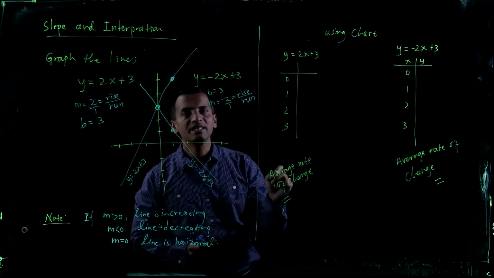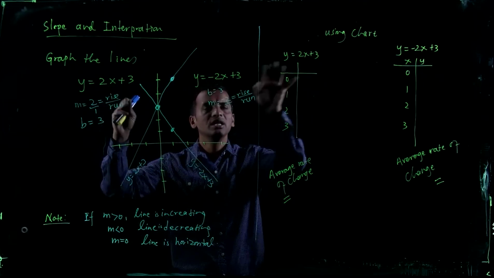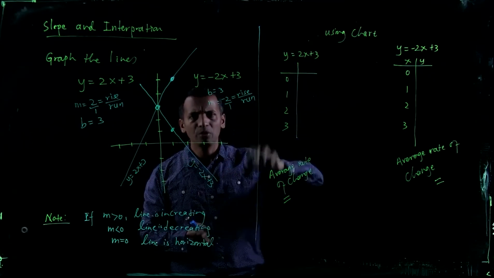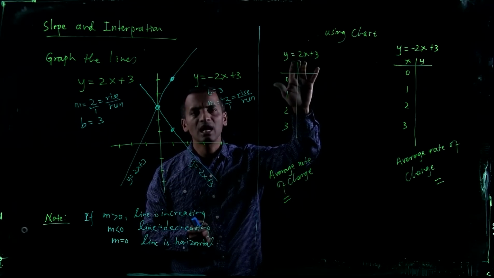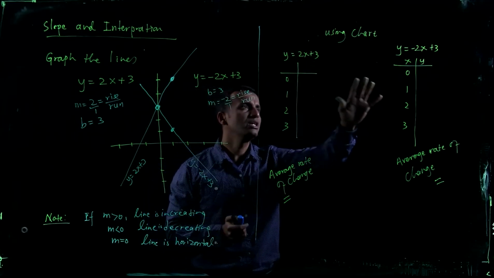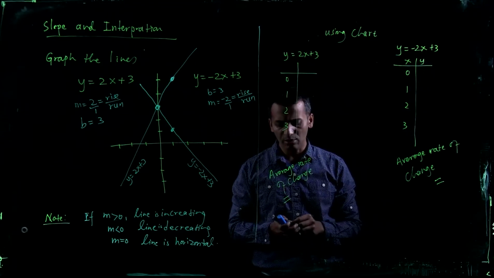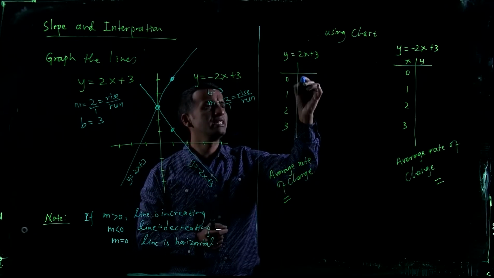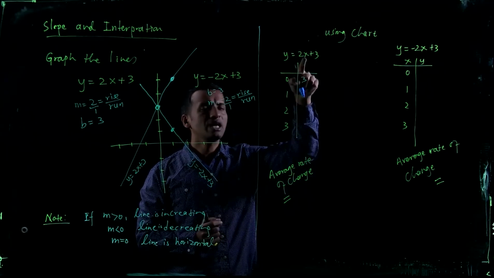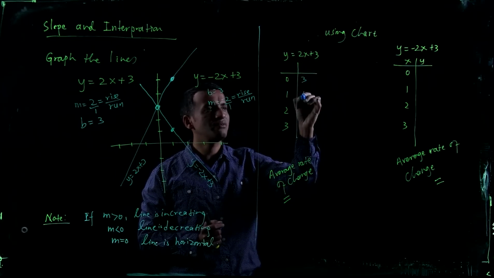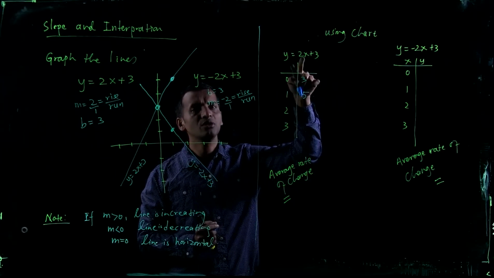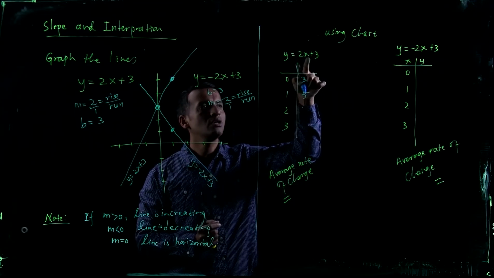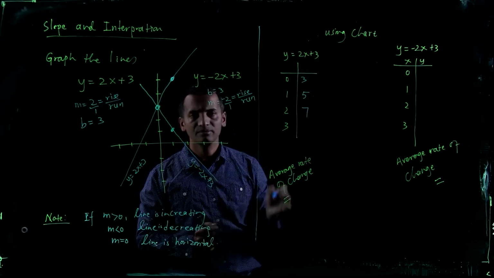Next, let's graph these same equations using a chart. First of all, I will make the chart; we don't graph, but we want to see something there. I will chart the equation y equals 2x plus 3, and then the equation y equals negative 2x plus 3. Let's do that. When you plug in x equals 0, what do you get for y? It is 3, correct? When you plug in x equals 1, you get 2 times 1 plus 3, that is 5. If you plug in x equals 2, you get 2 times 2 plus 3, that is 4 plus 3, which is 7, right?